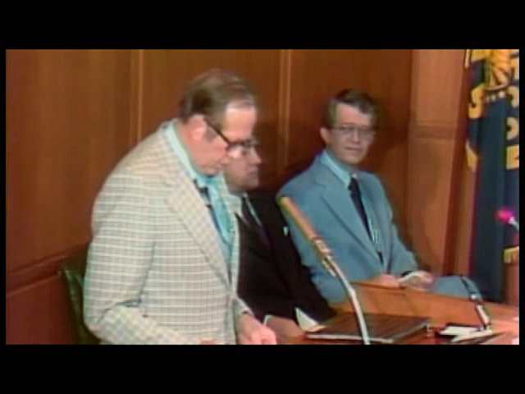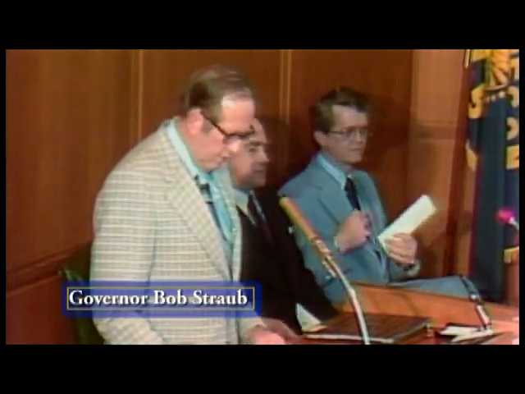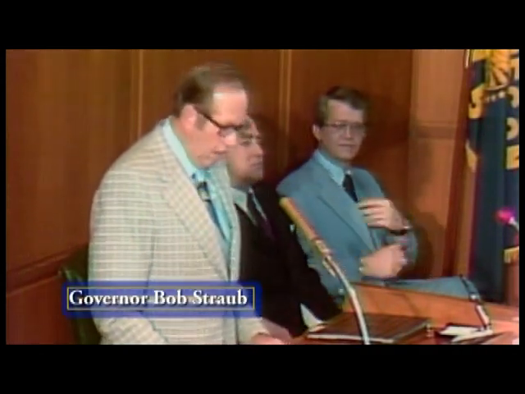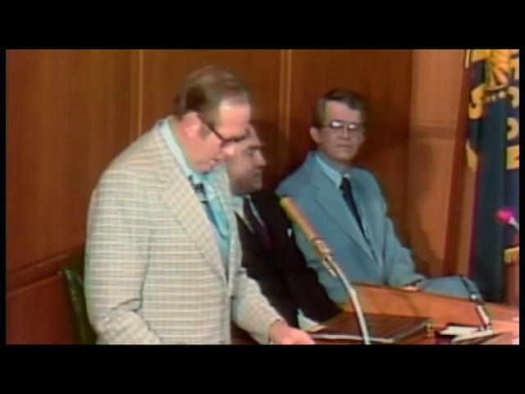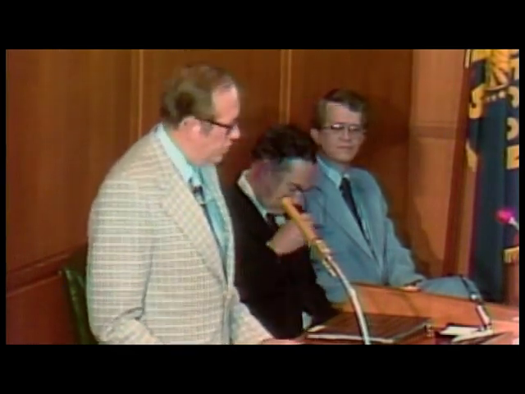I'm very pleased to join with all of you this afternoon for the dedication of the new Capitol wings. I welcome all of our many friends and distinguished guests who are able to be with us to share in